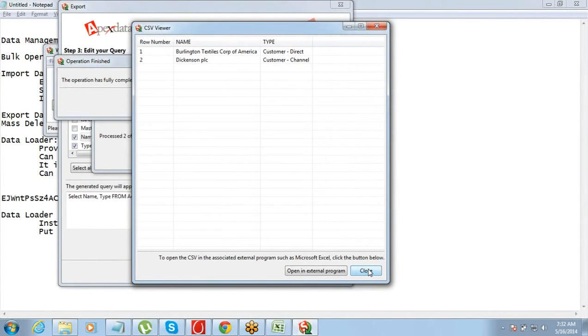So in a way, data loader is something which is more useful for performing these data operations, but it depends whether the company wants to allow you to work on data loader or they just want you to stick to the import wizard and export option on the web-based application. Because see, data loader, though it is faster and more efficient, brings a little bit of security concern as well, right? So for that reason, sometimes companies do not allow the end users to work on something like a data loader, but yeah, at times they do. Right?